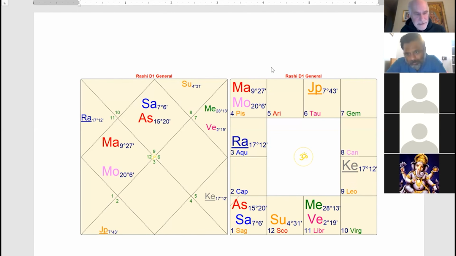And actually, this is a chart that I made a prediction about, not to the person, or actually I hinted at it to the person. This is the chart of a Russian student of mine. I actually commented about a negative potential that I saw in the Venus-Jupiter period to this other student that unfortunately came true. What unfortunate or unfavorable type of event could have happened in the major period of Venus and the sub-period of Jupiter?